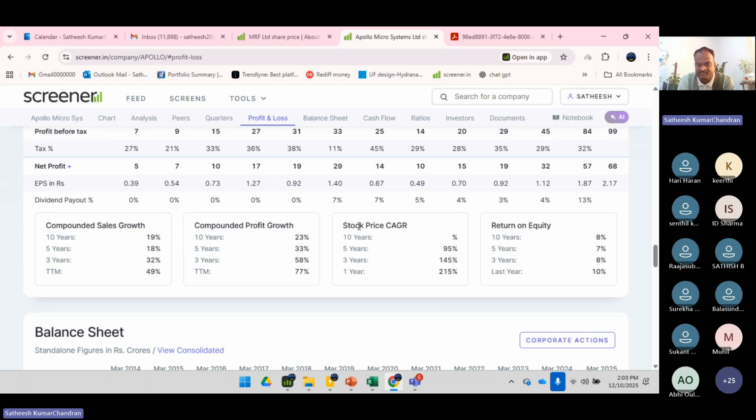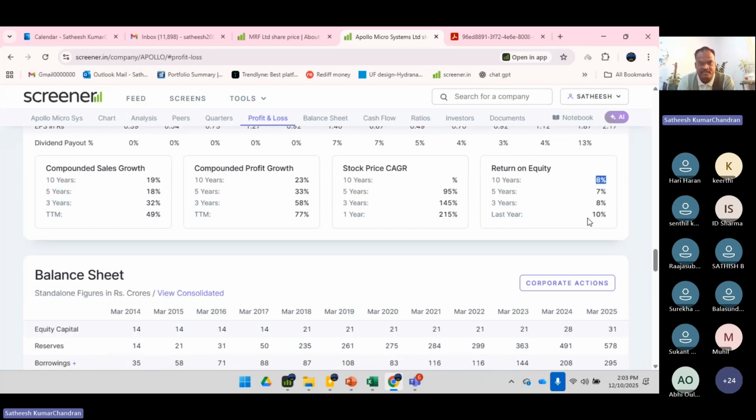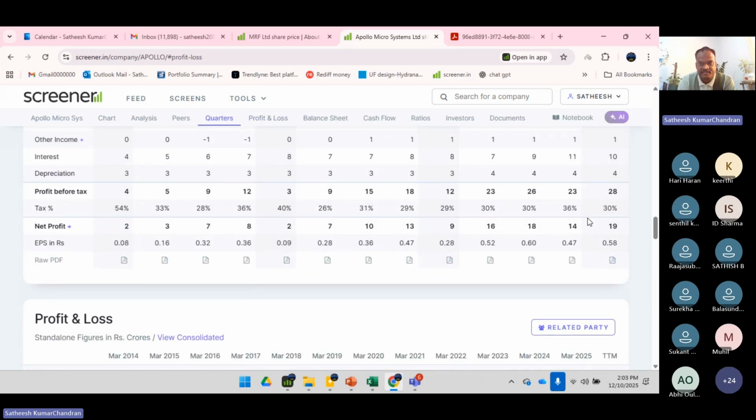But stock price, in the last 5 years, it has grown 95%. Every year it has grown 95%. Like 3 years, 145%. 1 year, it is 215%. That's why the chart is showing so beautiful. But ROE is less. It should be 20% above. Okay, it's okay. Some stocks we can give weightage, we can link it with capital work in progress, management integrity,